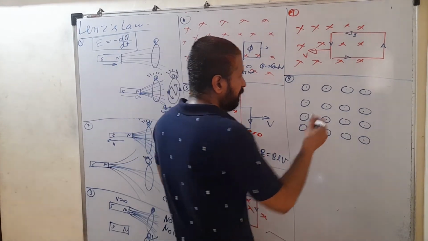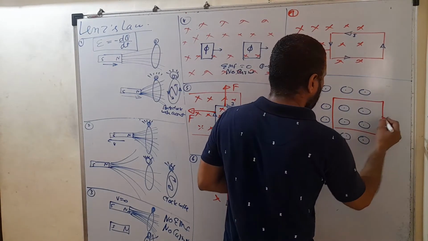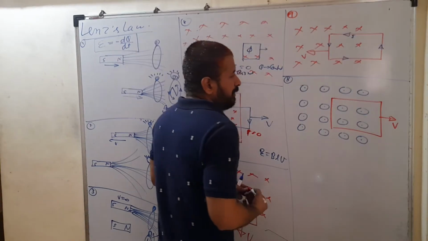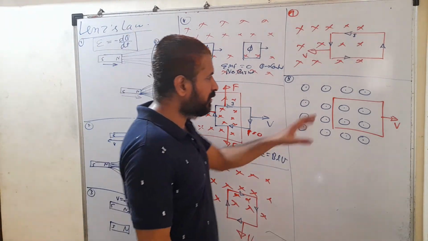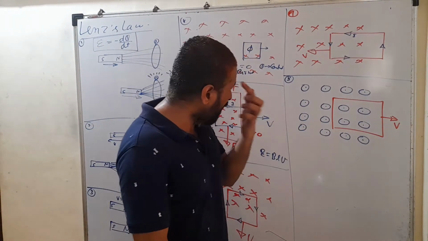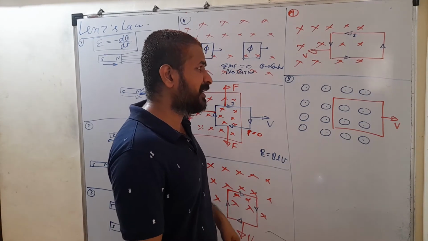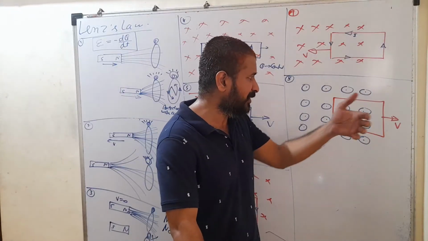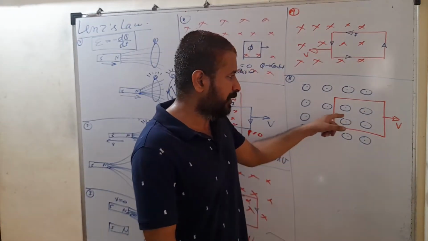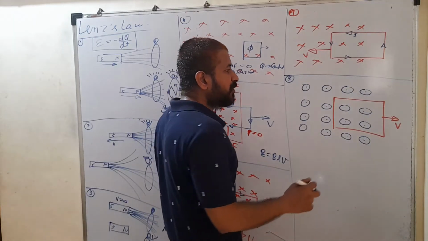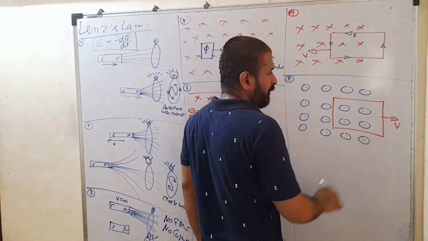And what change are we trying to make? You are pulling this frame outside. In this case, the magnetic lines are in the outward direction and you are trying to pull this frame outside. हम इसको बाहर निकालना है. So we are trying to decrease outward lines because that external field is in the outward direction. तो अगर इस फ्रेम को हम बाहर निकालते हैं, तो we are trying to decrease outward lines. So current is developed which can increase outward lines.